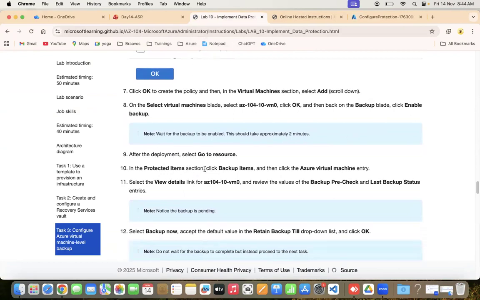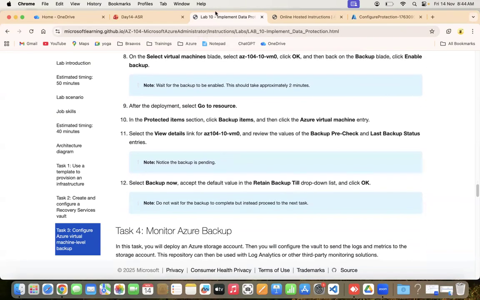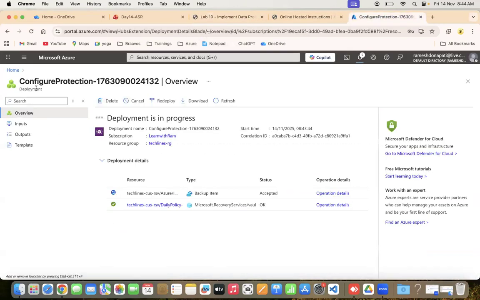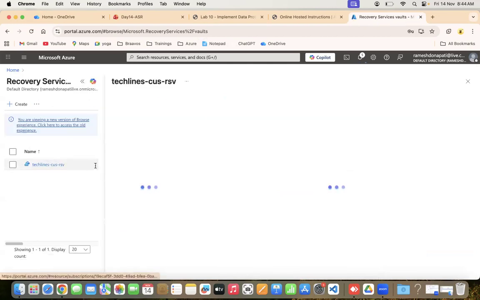In the protected items section, click backup items and then click the Azure virtual machine entry and view details. Okay, we'll do that. Go back. This is still running. Then recovery service vault,